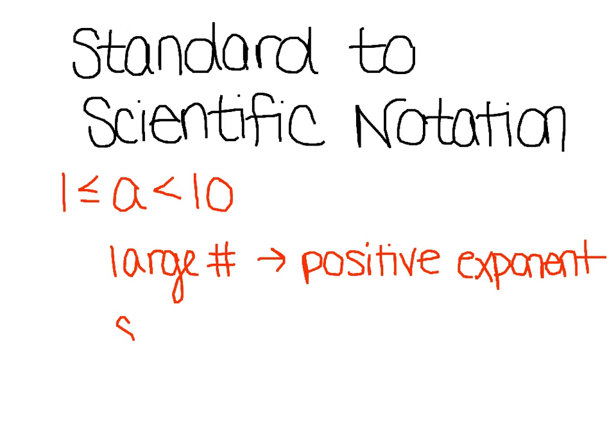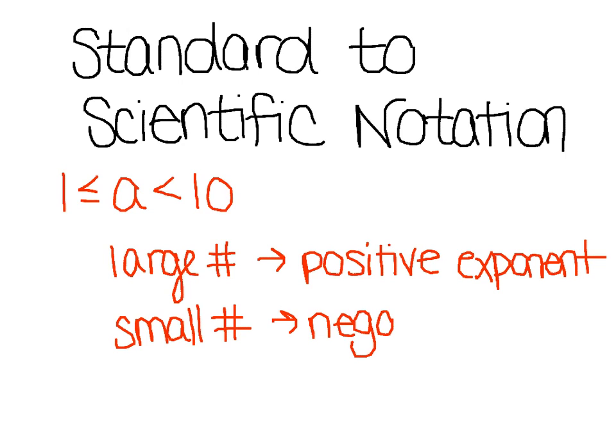If it's a small number, it's going to have a negative exponent. The reason why I like thinking of it this way is it can get very confusing about which way to move the decimal. So if you just worry about finding A, step 1 would be to find A,